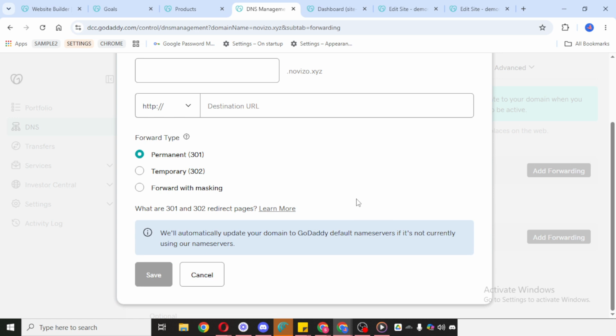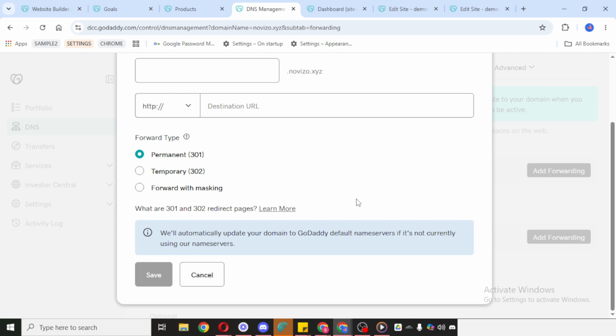After that, fill out all necessary details shown in the form. The exact fields may vary slightly depending on your account setup, but the key is to review everything carefully before continuing. It's a good idea to double-check the subdomain information and the forwarding destination, so the setup works the way you expect. When everything is complete, click Save. That will apply your forwarding settings and start the setup process.